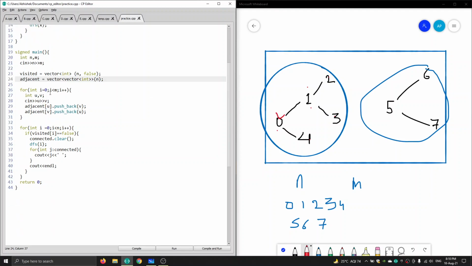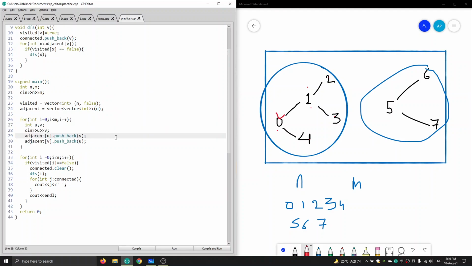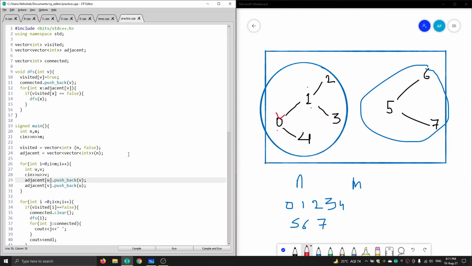After that, we are taking m edges as input, and the vertices of those edges are u and v. That is, u is connected to v, so we are pushing v in the adjacent of u and pushing u in the adjacent of v. So in this way our graph is created using 2D vector.